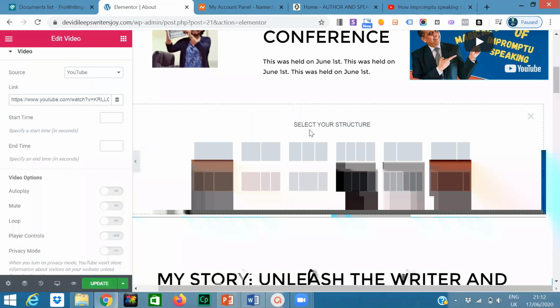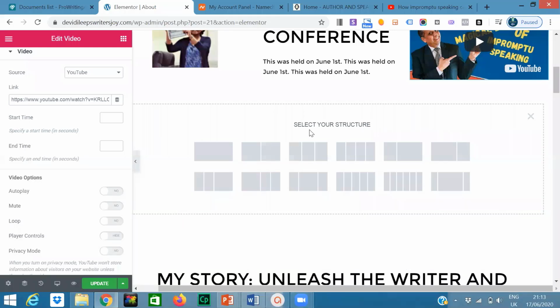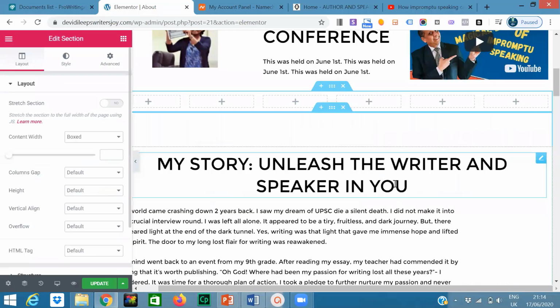Where she's trying to show something like Devi attended a conference, and that's the main picture of the conference, which she's displaying, and maybe this is a video of the conference which she's showing, but she also wants to add a gallery of images, so we want to have multiple images, right? So Devi, click on that, maybe that 5 sections or 6 sections. This one, no? Yeah, just click something. Yeah. So now she clicked on this one, so that means she has got so many sections.